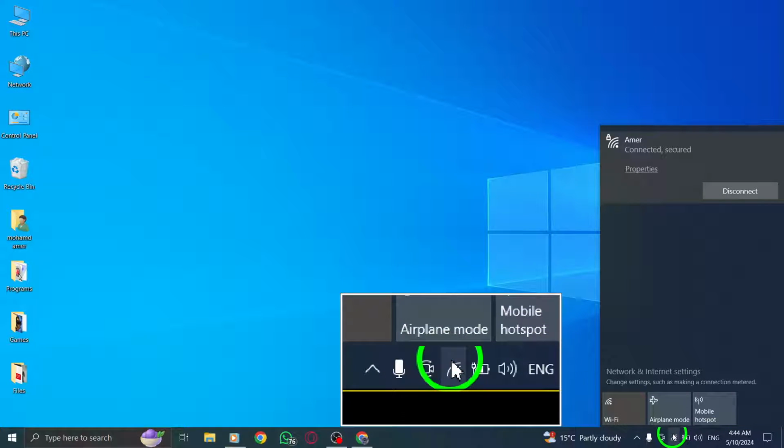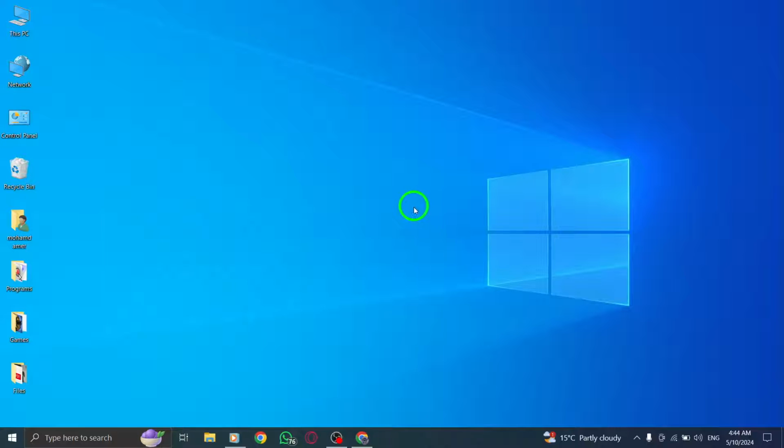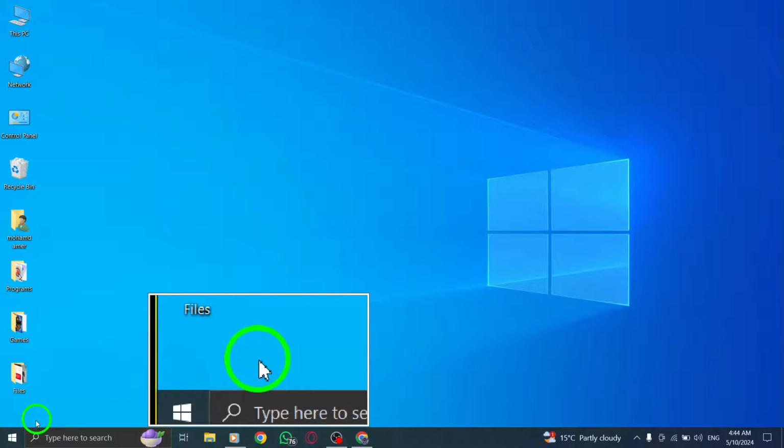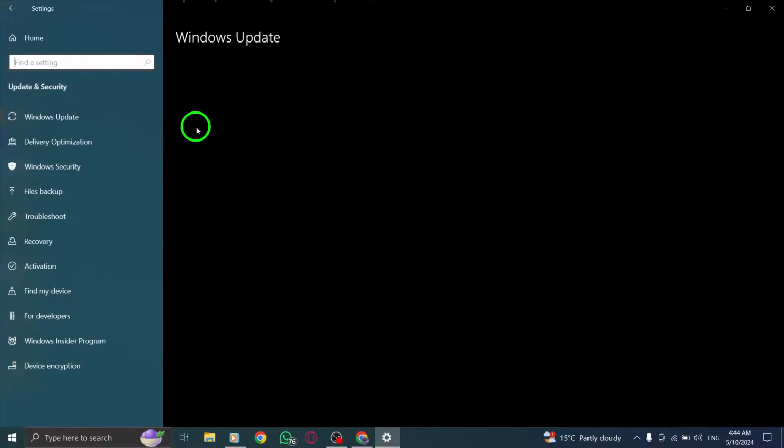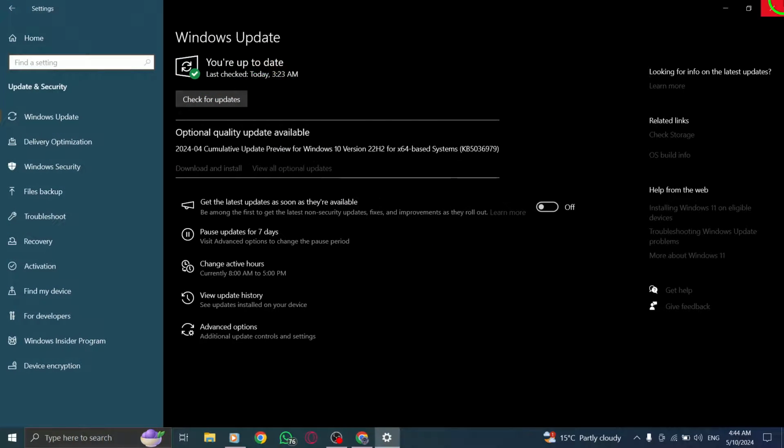Next, check your internet connection. Ensure that you have a stable connection and consider switching between Wi-Fi and mobile data to see if that helps resolve the problem. It's also important to check for any device updates. Make sure your device's operating system is up to date, as outdated software can sometimes create compatibility issues with apps